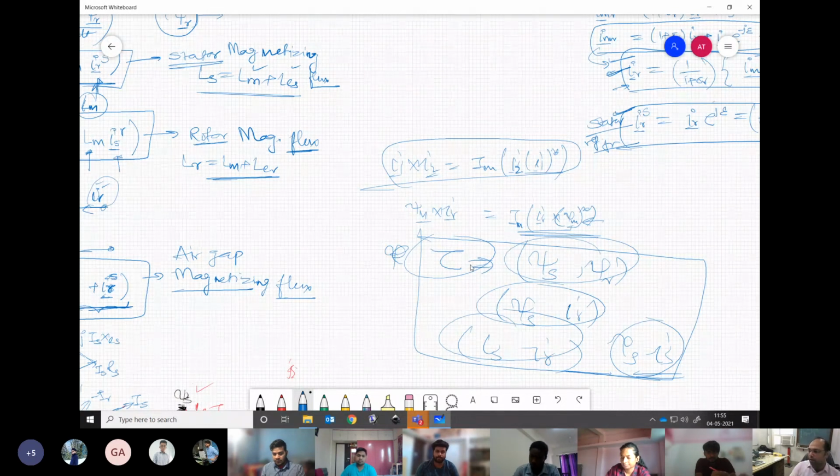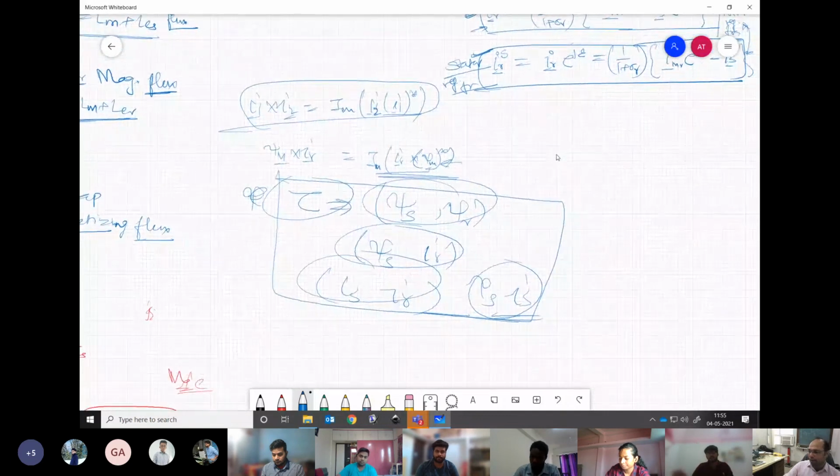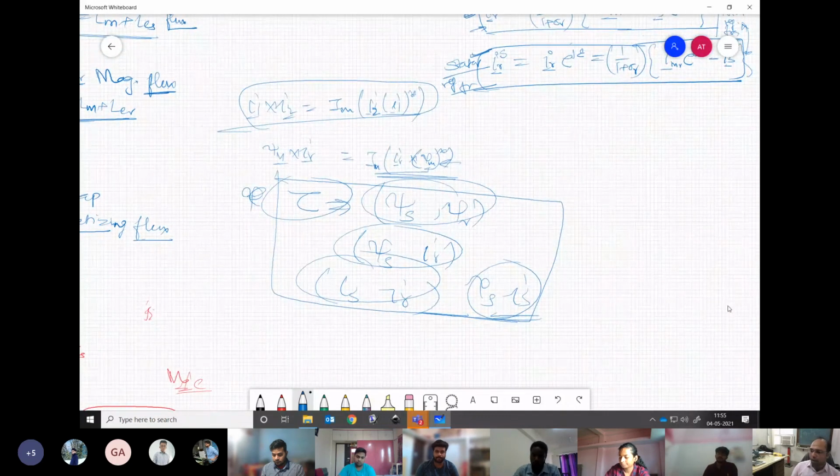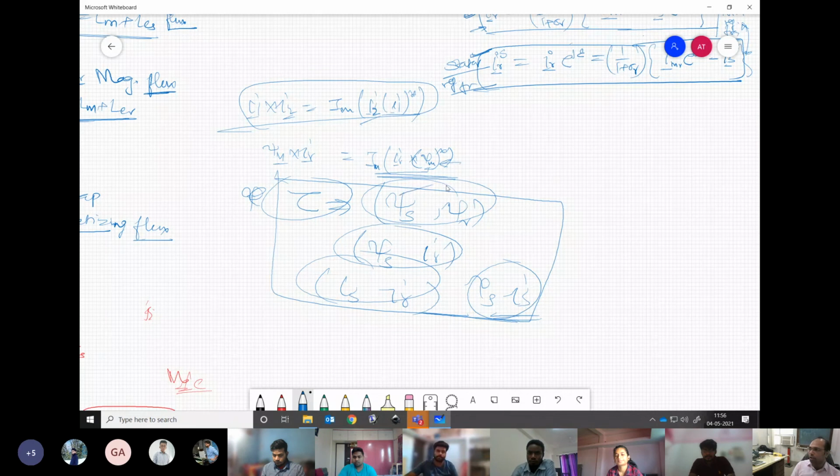Anyway, towards the end we will discuss. Maybe by Saturday or maybe next week sometime we will discuss these points. Meanwhile, you can try it on your own, how you get this. Is that clear? So according to our convenience, whichever thing suits us, we can use that for our torque equation and then for controlling the different things. Is that fine?